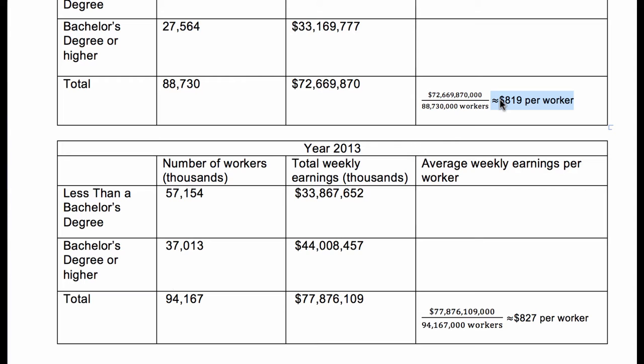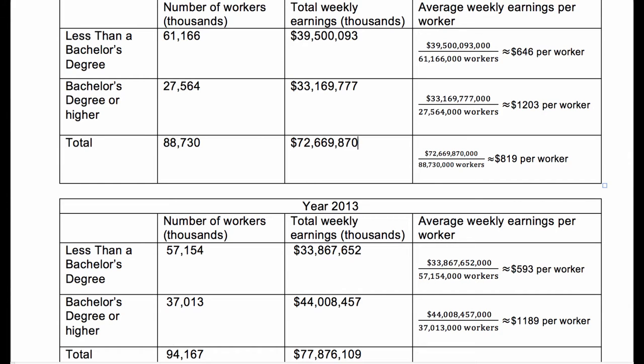We might note that workers without a bachelor's degree tend to make less than workers with a bachelor's degree. How has wages changed for the typical worker in each of these subcategories? To find the weekly earnings of a typical worker for each subcategory, let's once again take the total weekly earnings and divide by the number of workers. Pause the video here to complete the table by finding the average weekly earnings in each of the subcategories. Then determine whether wages increased or decreased within this time period for workers without a bachelor's degree and for workers with a bachelor's degree or higher.